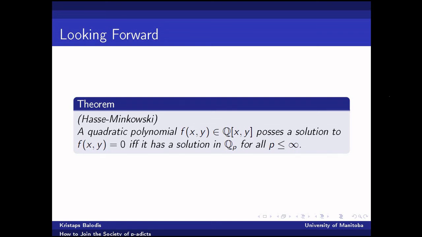And as one goes on in arithmetic geometry, there is a sort of tendency to try and mimic this theorem through this idea of what are called local to global principles, where we try and take so-called local data from, say, p-adic ways of looking at things and try and lift that to a rational solution.